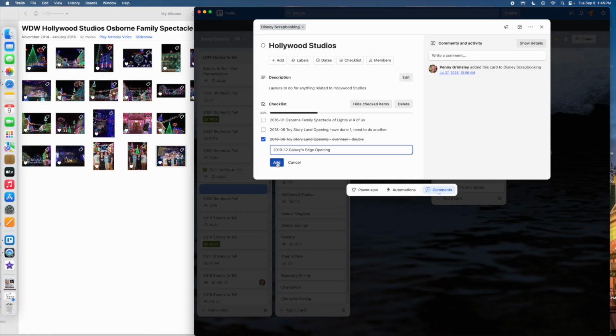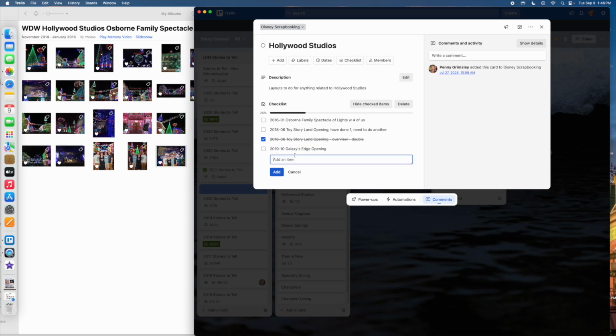I'm pretty sure it was before the pandemic, so I'm putting 2019 because Toy Story Land opened in 18 and Galaxy's Edge ran behind. This is probably actually October. They opened the land with one ride and then they opened the other. We went both times. The first time we were supposed to go, there was a hurricane. We had to cancel that trip and reschedule. And then I think the second trip was